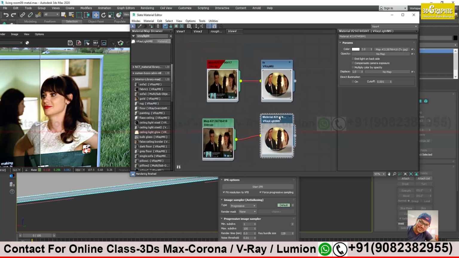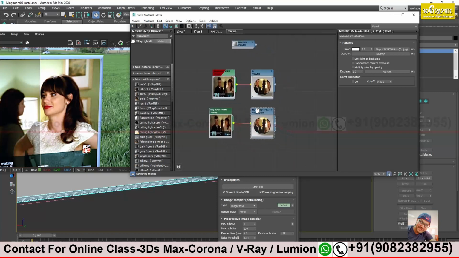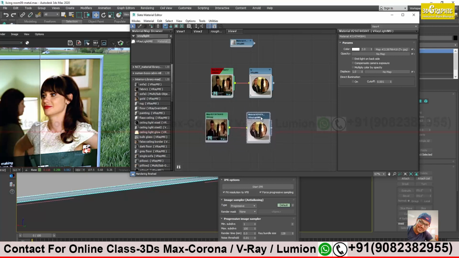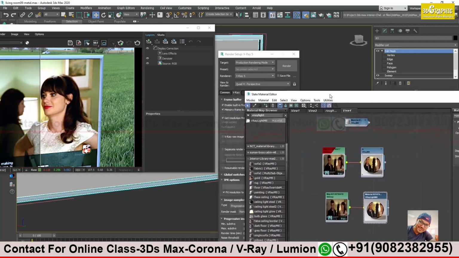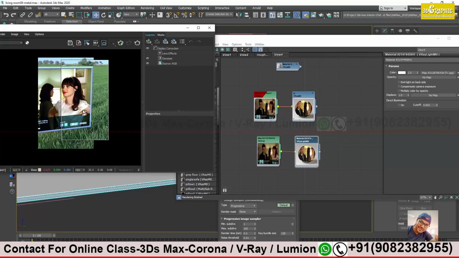Which is the best method, sir? See, most of my projects, if you ask me, I use the V-Ray light material, because I have more control over here. Here also you get control, but I'm more comfortable with the light object. So I use light material and I use the texture for windows or a TV screen, or even for the paintings. If I'm not getting proper light on my paintings, I use this light material, and a little bit of brightness I can add on my paintings and other screen textures. Fine, sir.